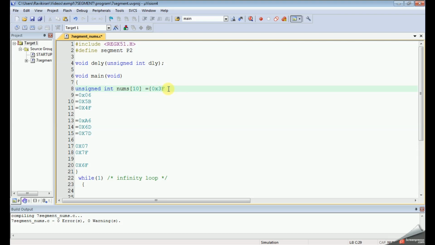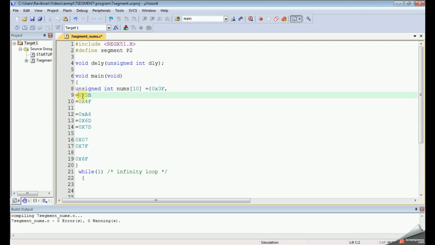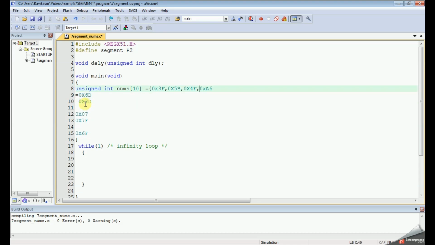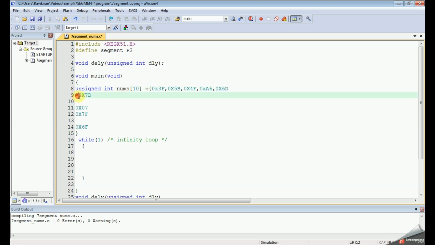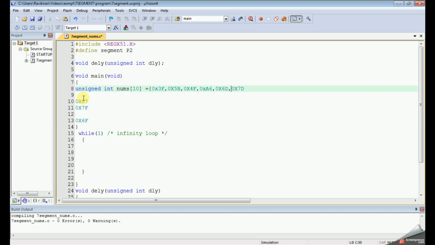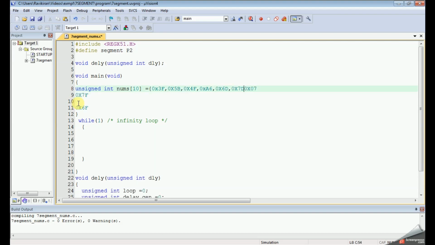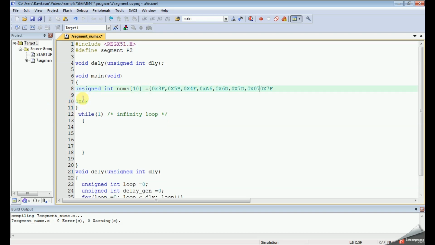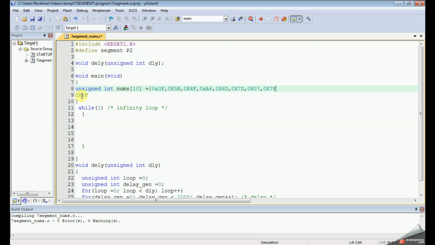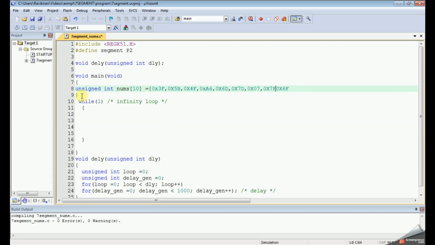We have to give them one by one with a comma. So these are the codes from 0 to 9. All these values I just stored in an array.